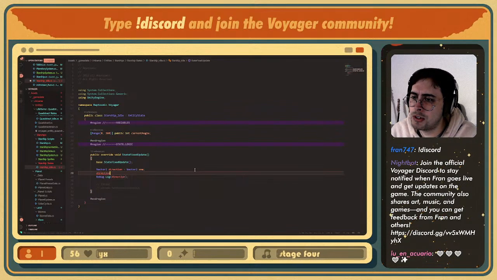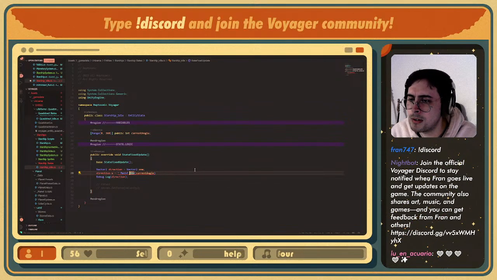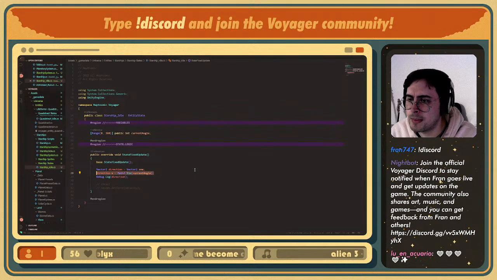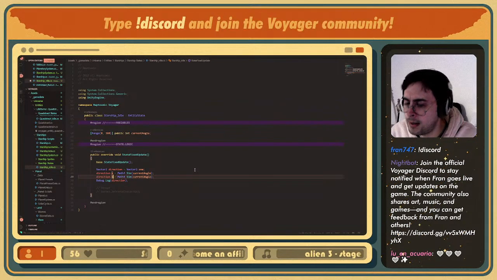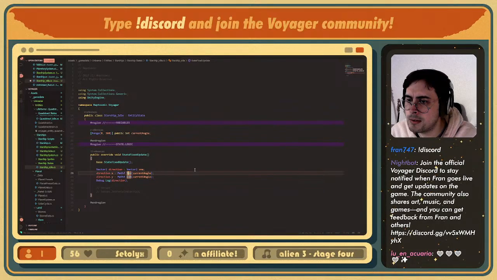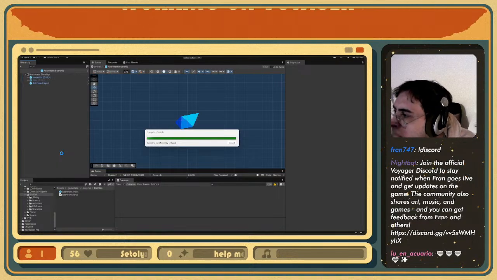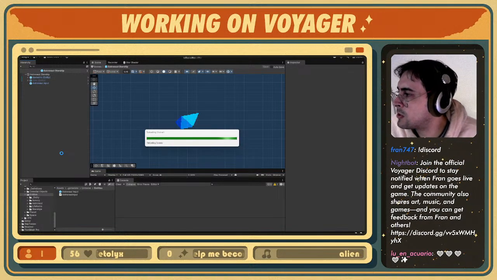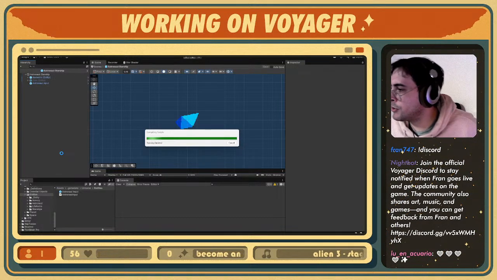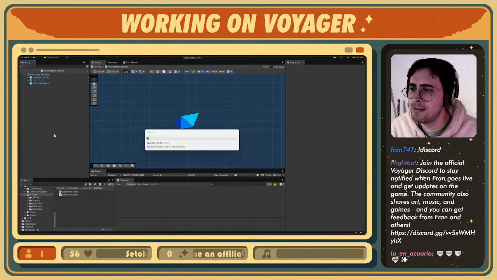So direction.x equals this, and the y is, no, this is cosine. Let's see what this does, because maybe I'm just so dumb that I don't know how to use those things,